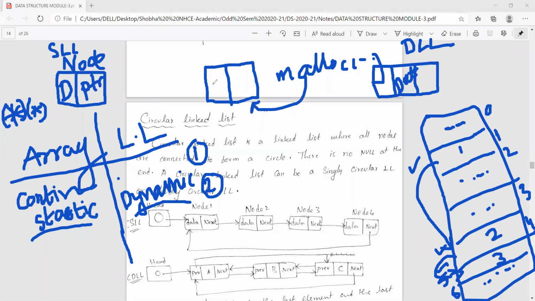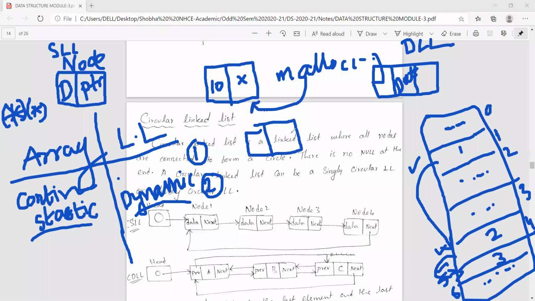And the first data, whatever you want, will be stored in it. And the next pointer, initially, will be given as null. The first element I'm adding, so I'm calling the create node function, allocating memory for that and assigning the value. Then again I want to add one more value into the linked list.